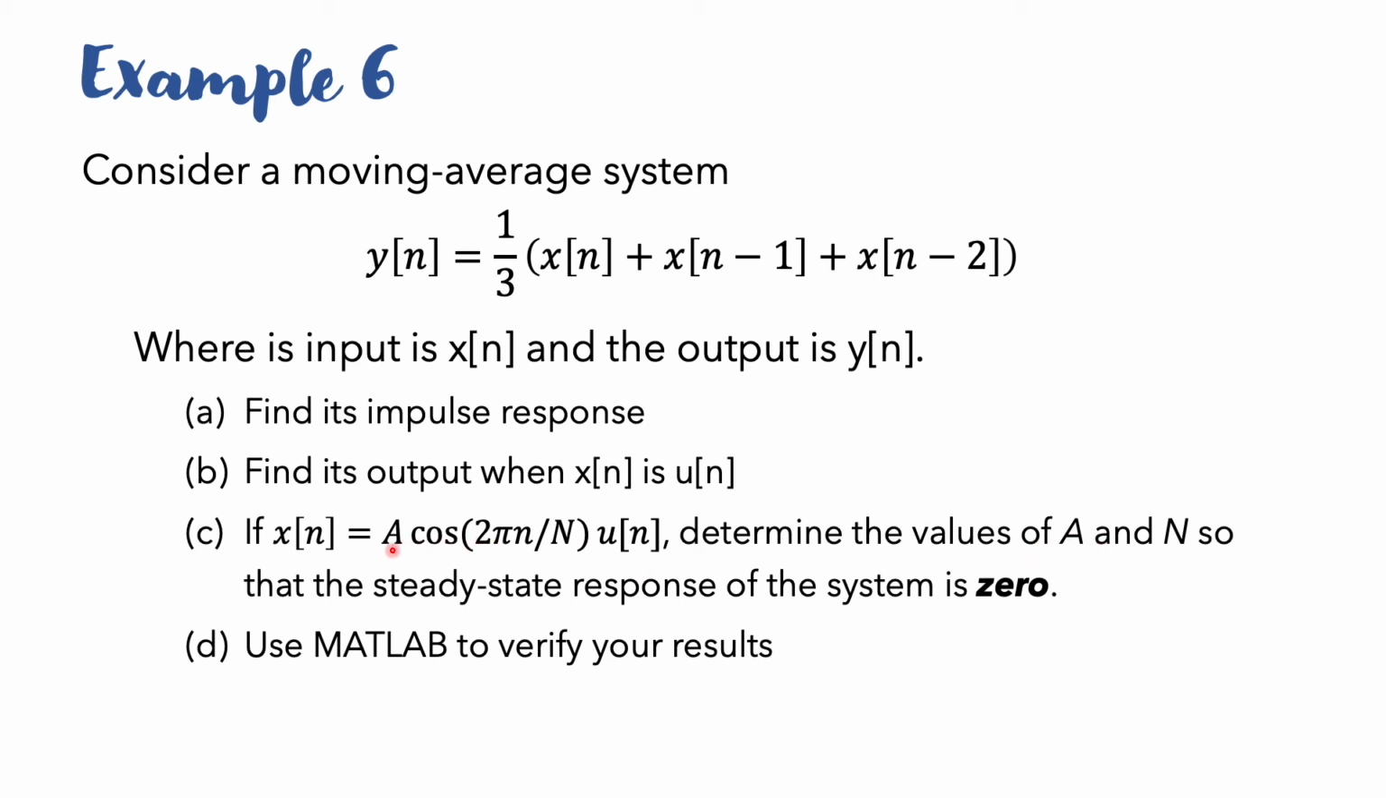The value of a is the amplitude of the cosine, and N is the total number of samples, so that the steady state response of the system is 0. Means that you have to find the values of a and N. N is also the period, because this is a sinusoidal or periodic function, and N represents its fundamental period of one cycle. We have to find these values when the steady state response of